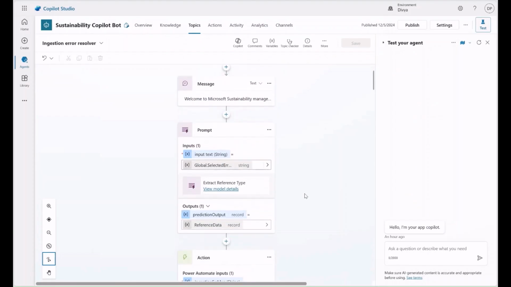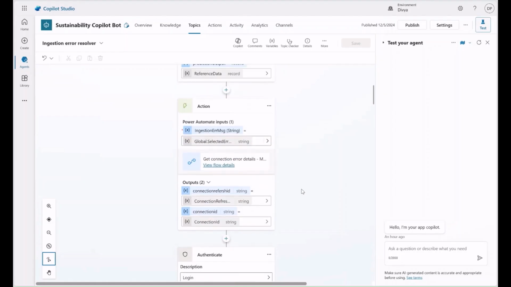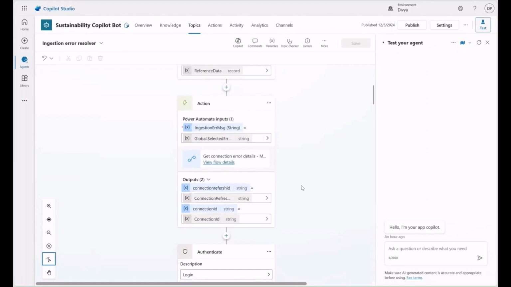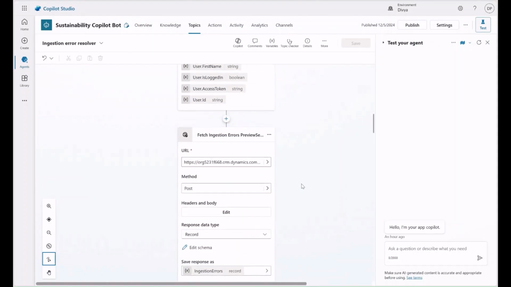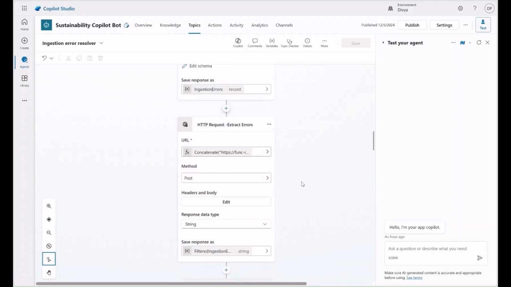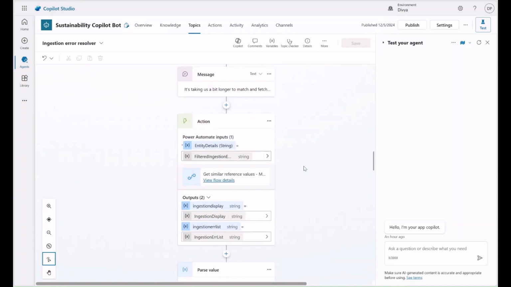Now, to take a look at the ingestion error resolver topic, we call an AI prompt to get the reference type of the particular error message, and call a Power Automate action to get the connection error details. We then authenticate and fetch the details of the error from the Dataverse API. Then we proceed to call the Azure function to filter, format, and group the errors. Then we go on to call a Power Automate action, which does the heavy lifting of calling the AI models to get similar reference values present in the system. Now, to see this in action,